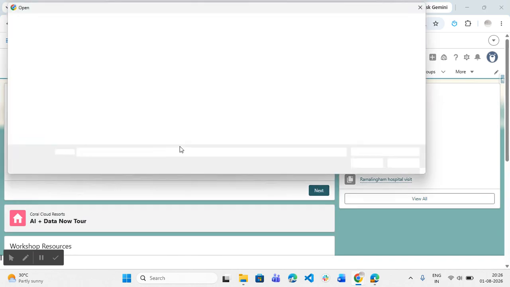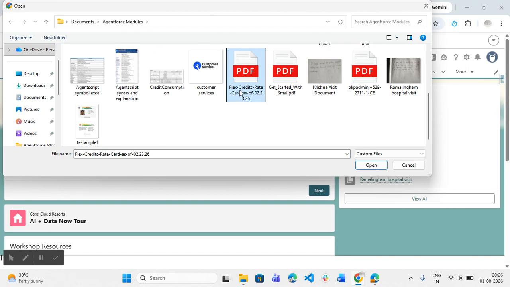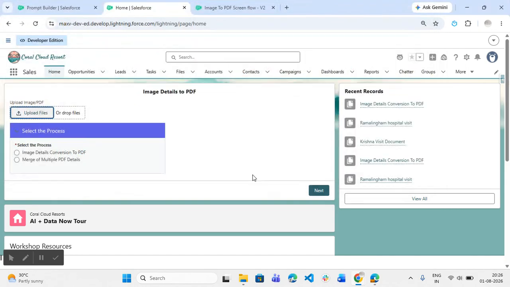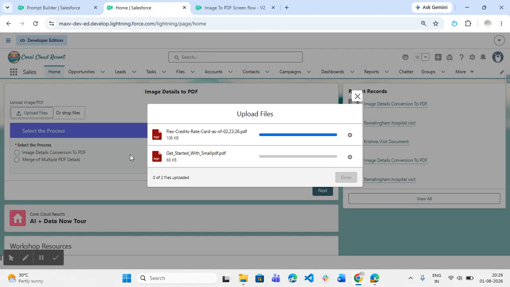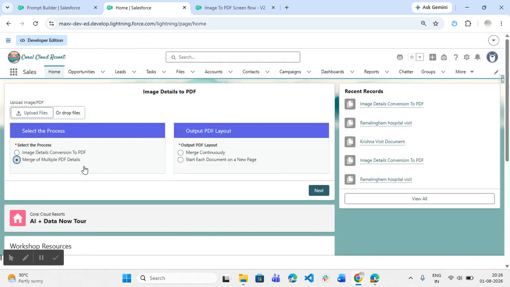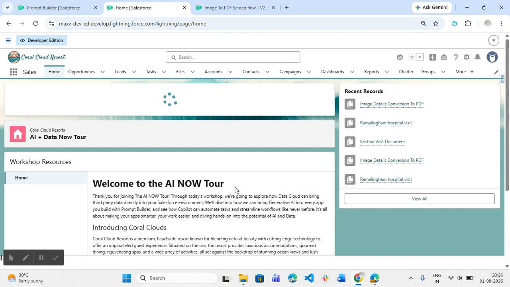So now I'll upload the same PDFs again. So flex card. It's uploading. It's done. So merge of multiple PDF. Start each document on a new page. So let me load. So the main purpose of this PDF is that it's from my own interesting few projects